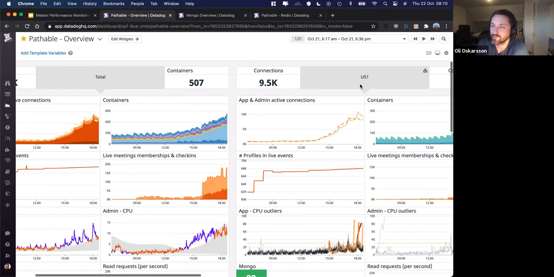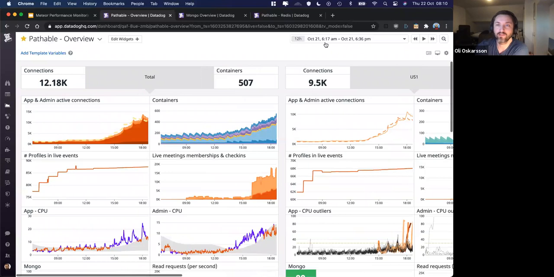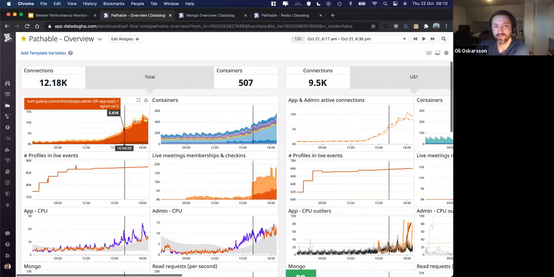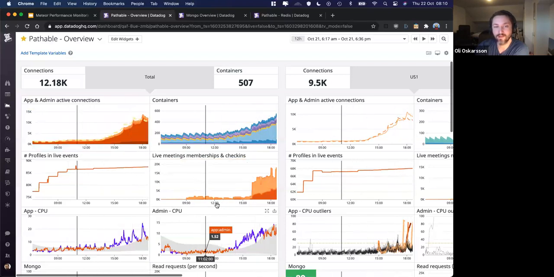We have 2 partner platforms, for example, where they run their own events using our software. And this gives you a nice overview of our current system. This is a random time period I chose, October. This is yesterday, actually. So you can see the load is based on US business hours, basically. That's where our biggest traffic comes from. So you can see the connections rising. This is European time that you're seeing here. You can see the connections rising, you see the containers go up, you can see the meetings go up, and